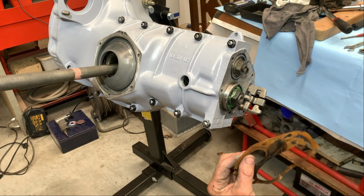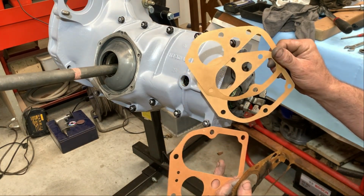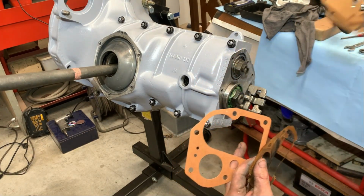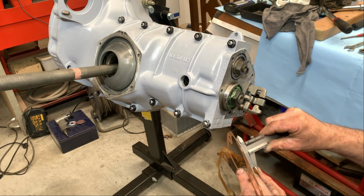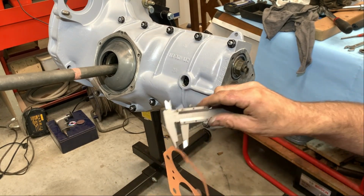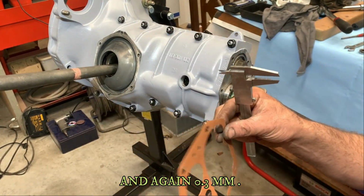Why is that? That's because you get three sealings. You have to measure up how many it is together, and then you take the gasket that's the same. So I had here about 0.3 millimeters with the old ones, and the new one 0.3. So I will use this one,